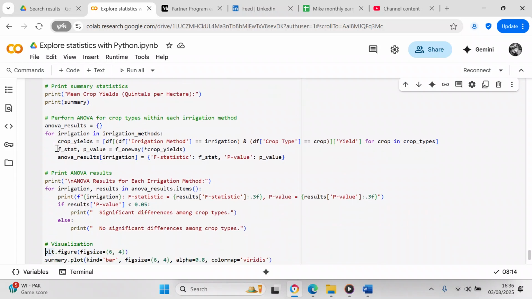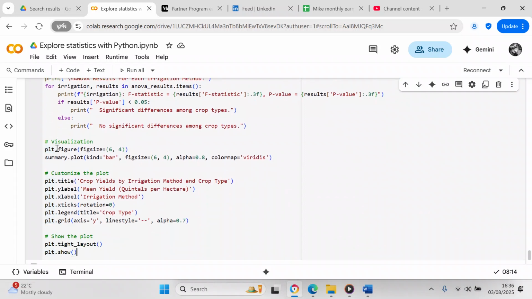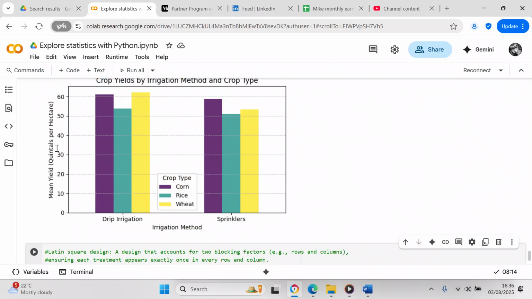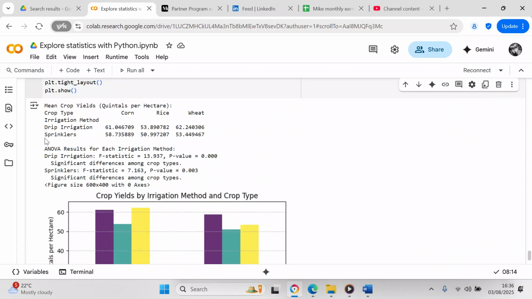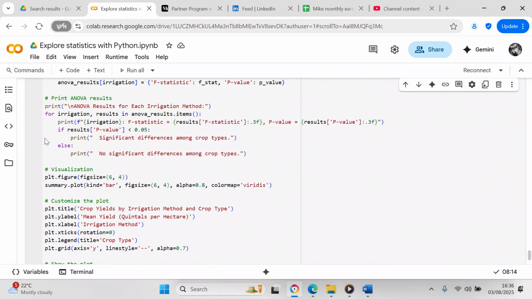So we come over here to the bottom of the cell, and you've got your crop type as corn, rice, and wheat, and irrigation method as drip irrigation and sprinklers. It gives you the values for all these variables for the columns and the rows. And now we go back to the code,